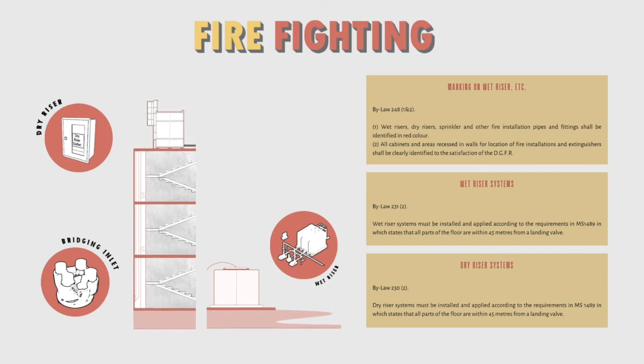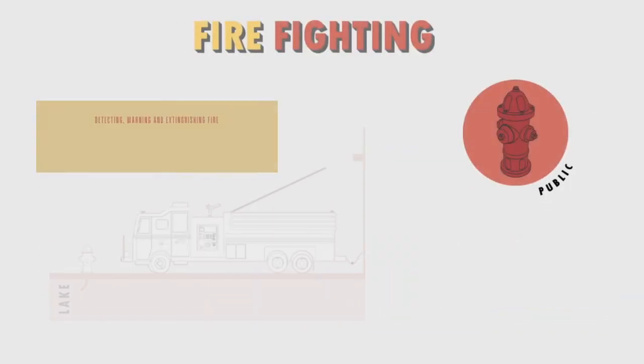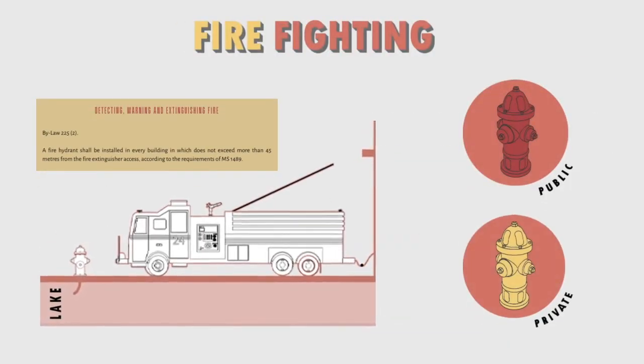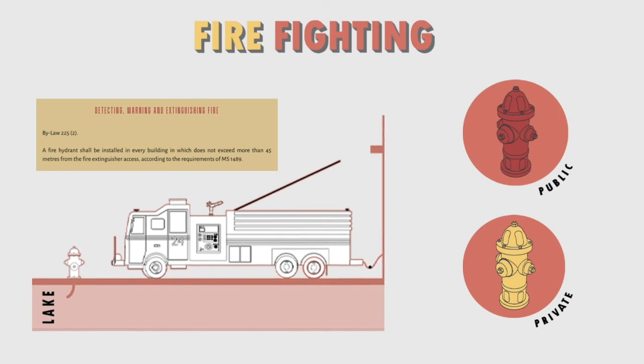Using the breeching inlet from the fire truck, firefighters are able to pump water into the building from the dry riser system, while the wet riser system is permanently charged with water, utilizing pumps and tanks. The fire hydrant can also be used since it must be installed not more than 45 meters from the fire